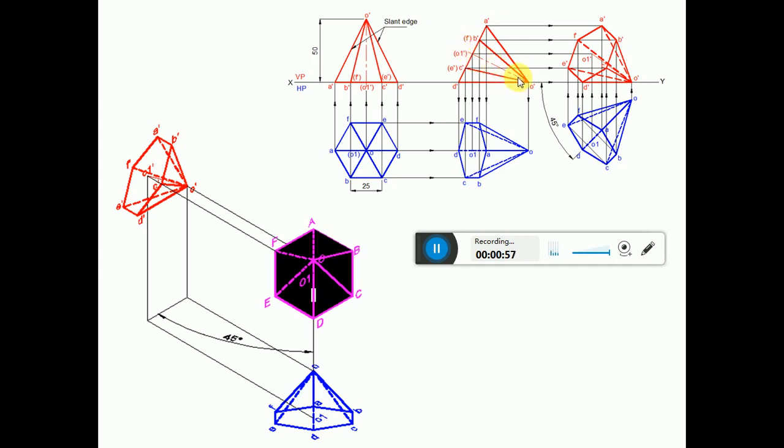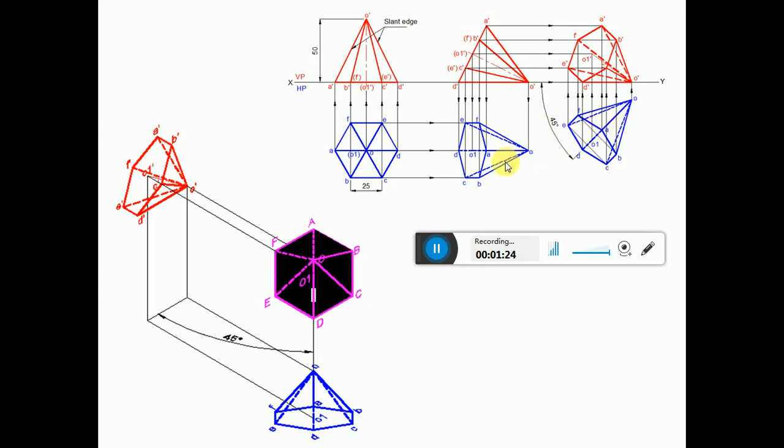Since the axis becomes inclined to HP, in the top view you are going to get the apparent length. Here O1 to O is going to be in apparent length. But the inclination given is also apparent inclination, so we can reproduce the same sketch directly on the 45 degree line. That is how we can decide whether the true inclination needs to be found out or not, we will be able to know.